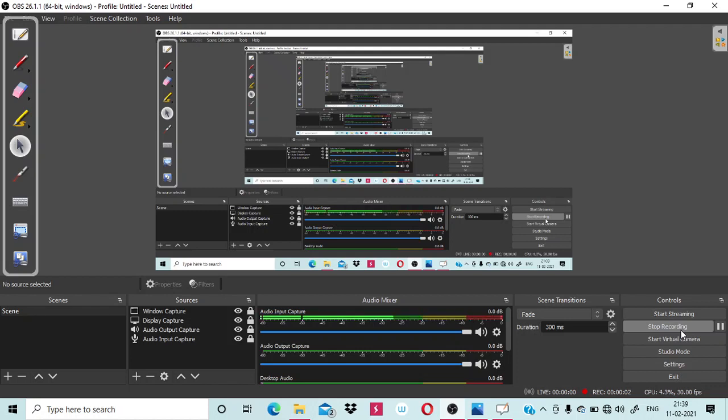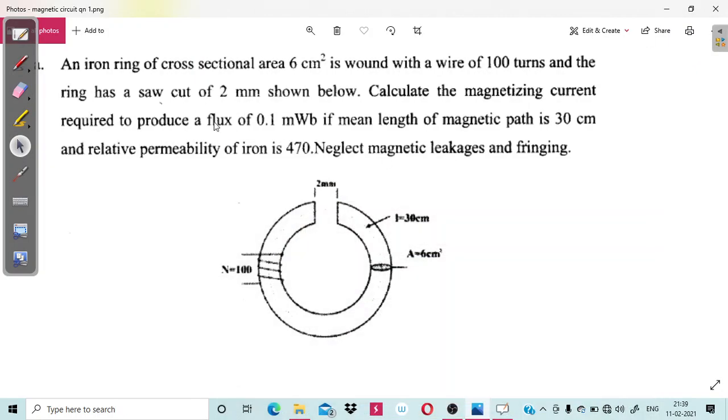In this class, we are going to solve a magnetic circuit problem. This is a university question, and in this class, we are going to solve this problem. And the problem the examiner has given, the statement of the problem is